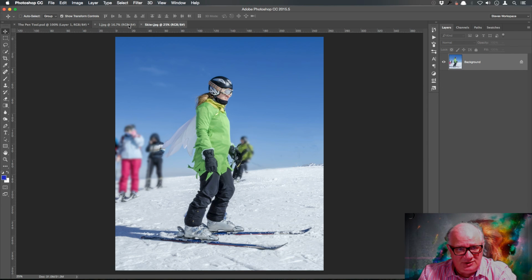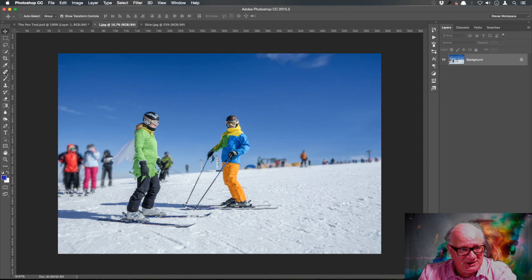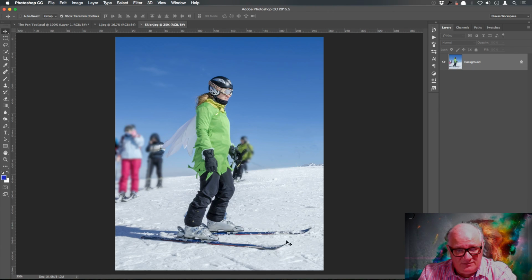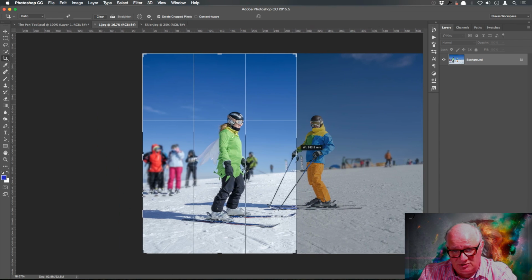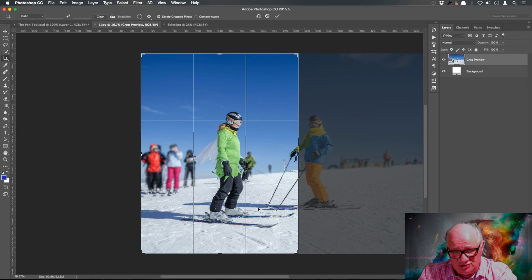You know how to do that using various tools. You don't even need to chop him out as long as you get her skis in. You're not really bothered about the guys at the back. So this is the image we're going to work with. Another way you could have done it would be just to take the crop tool. You don't even need to, but it just lowers the size of the document. Take the crop tool, make sure you get her skis in,